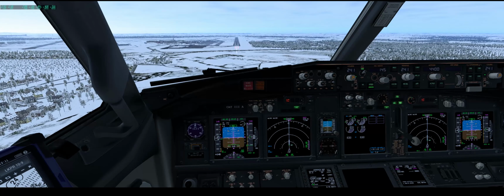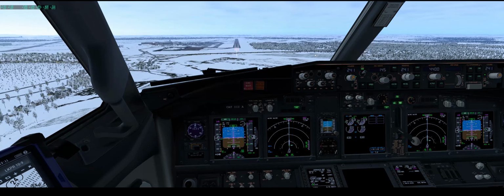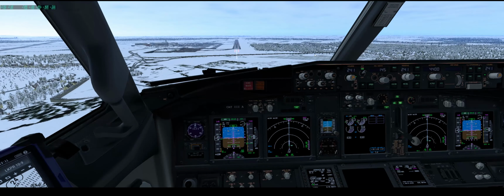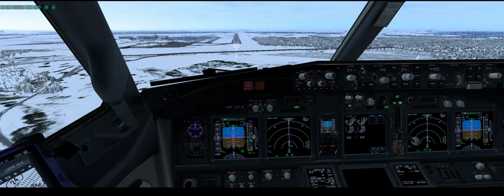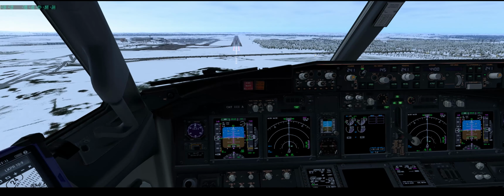So as we are approaching, okay, we can put it like this one. I have to fly it manually. I don't like this automatic landing,